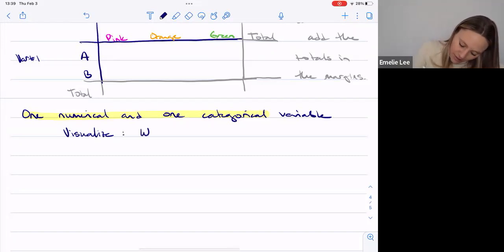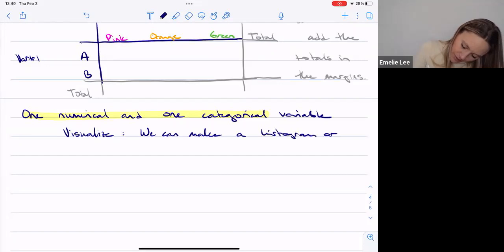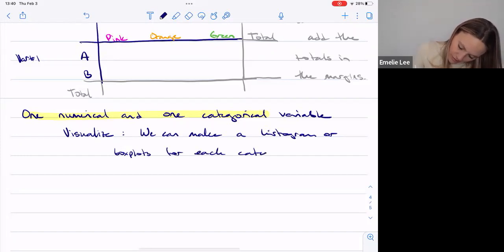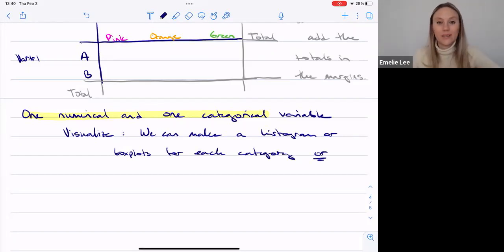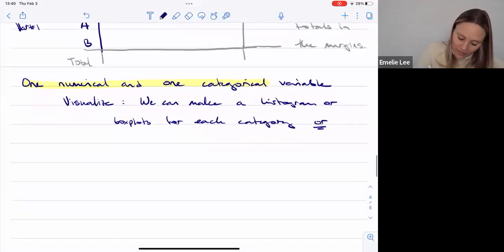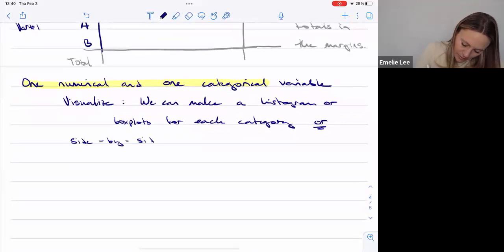So we can make a histogram or box plots for each category, or side-by-side box plots, right? So that's what I prefer, side-by-side box plots,